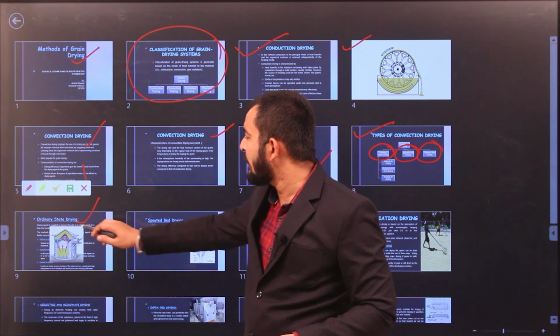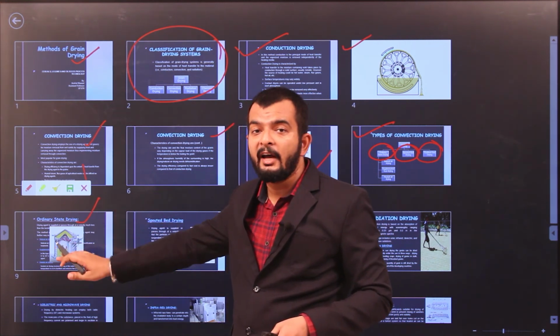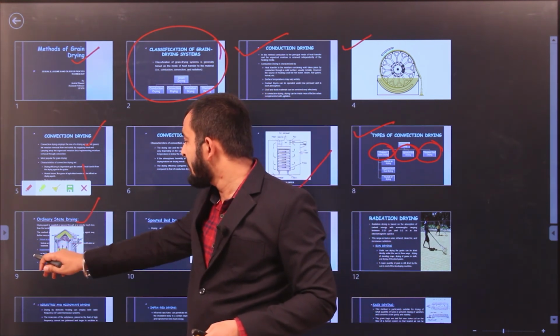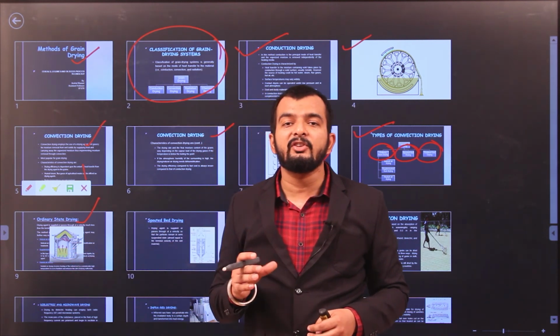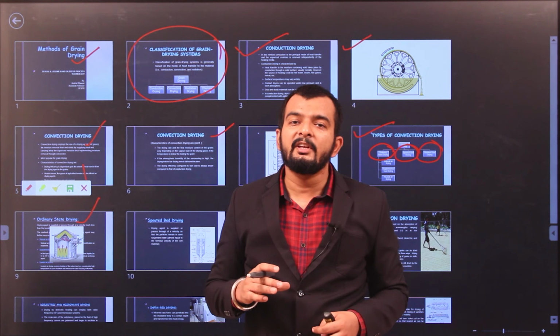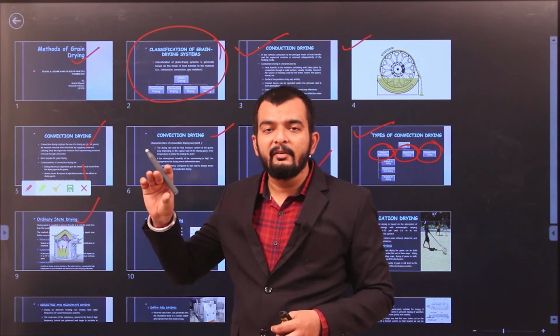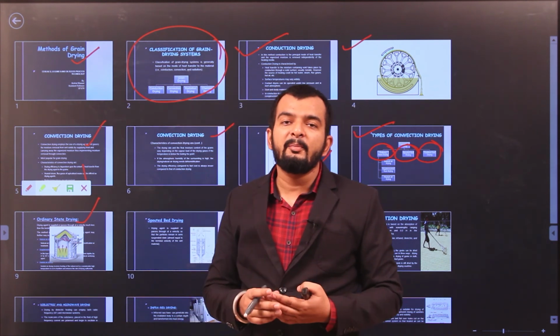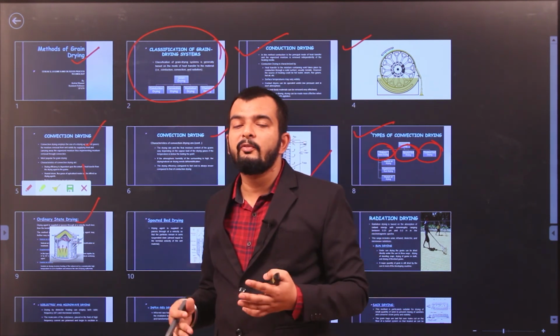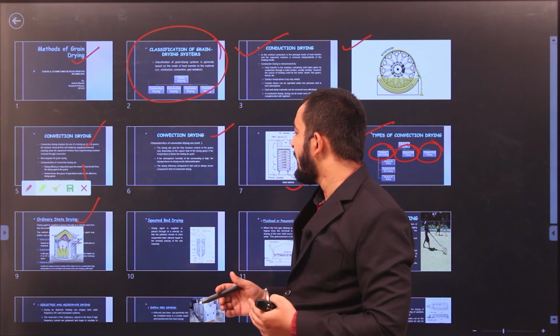In ordinary state drying, we took an example of normal unheated type of drying. The natural air drying we explained. Supplemented air drying is one in which we raise the temperature just to decrease the relative humidity by 5 or 10 degrees Celsius. In heated air drying, we raise the temperature of air considerably so that faster rates of heating are achieved.